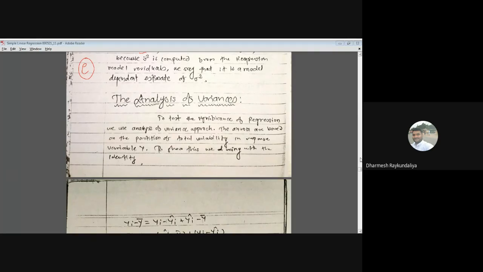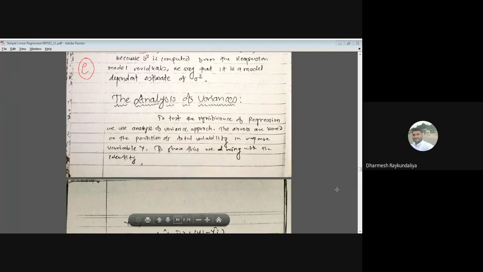Many times what happens is that we start with the assumption that y is independent and normal, but sometimes it doesn't turn out to be independent normal. So sometimes it is said that we cannot proceed with the regression analysis. No, you should continue with the regression analysis, obtain the estimate, obtain the model, obtain the residuals, and now verify whether the residuals satisfy the basic assumptions or not. That is how we apply the concept of residual analysis.